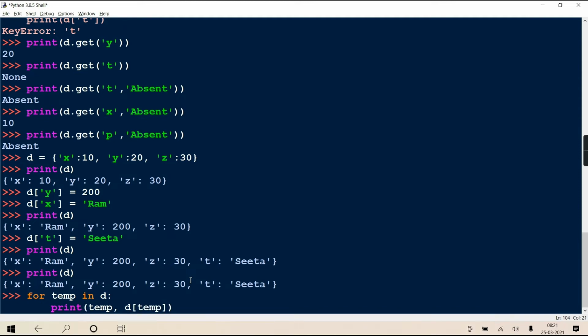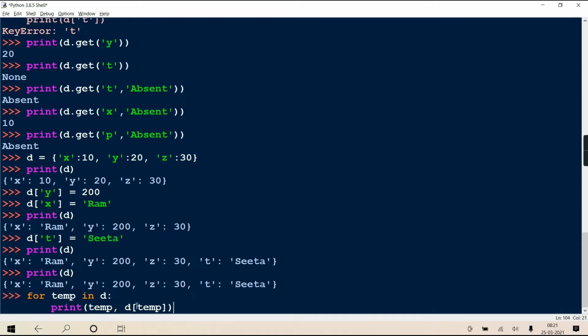See what has happened. For temp in d, after every iteration, what will get copied in temp? Only the keys, that is x, then y, then z, then t. And we are just using dictionary object square bracket temp, in which the keys have come.